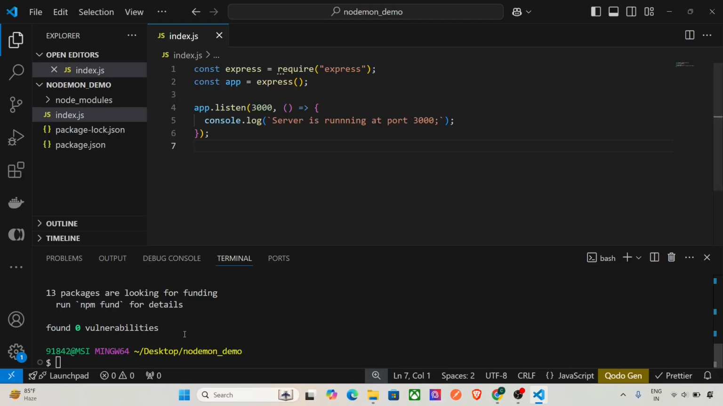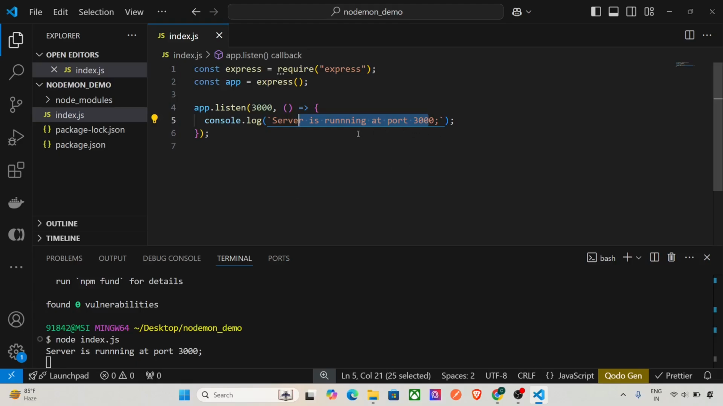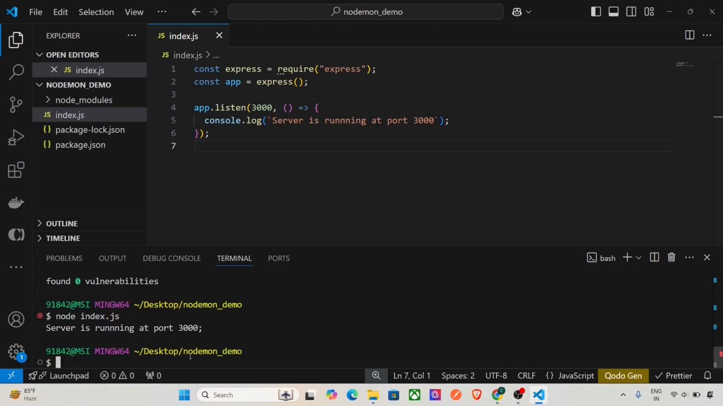Why is it not running? Because if you see here, I'm not running any script. So if I type node index.js, I have to type node and then the name of the file which I want to run. And if I press enter now, you will see "server is running at port 3000" is written here. But if I make changes here and save it, you see changes are not showing here. So I have to stop it by typing Control C and then again write node index.js and